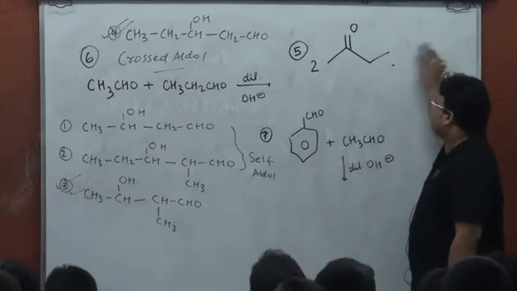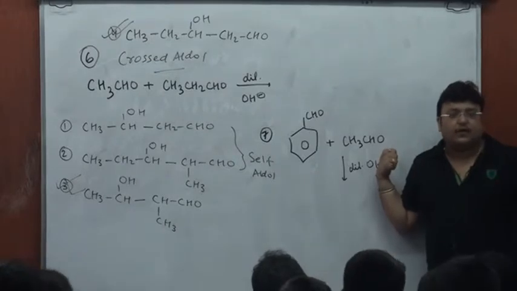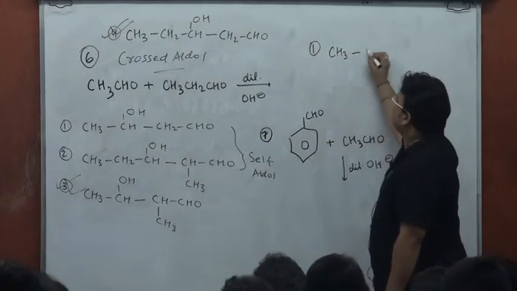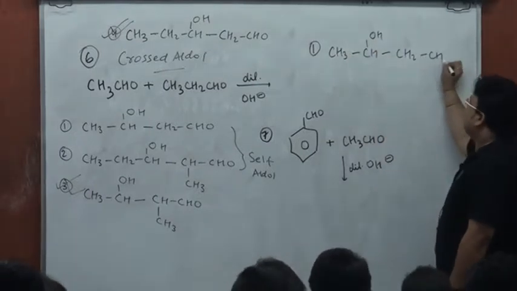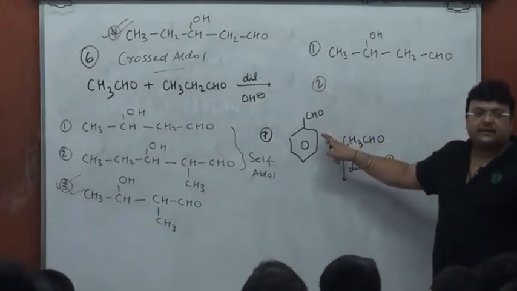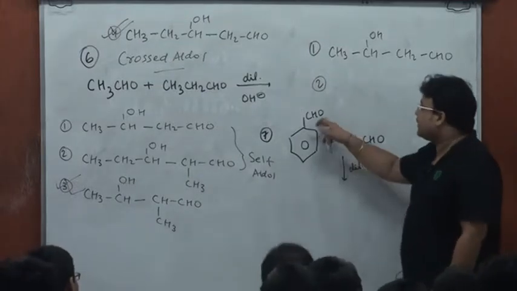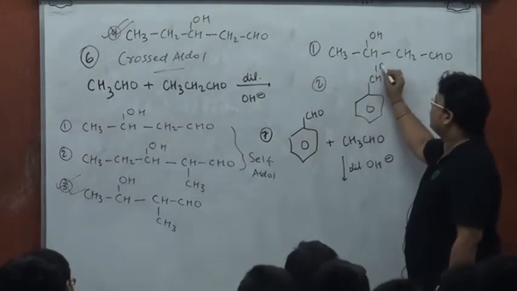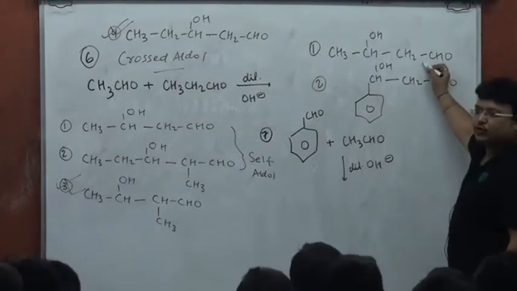So how many products then? 2, certainly. One where this will be in self aldol, the self aldol of ethanal. So product 1 would be CH3CHOHCH2CHO, self aldol of ethanal, and product 2 would be, because benzaldehyde can act only as the acceptor, this will act as the acceptor and this will generate the nucleophile. Well, it's going to give you C6H5CHOHCH2CHO. We have seen this maturing to crotonaldehyde.